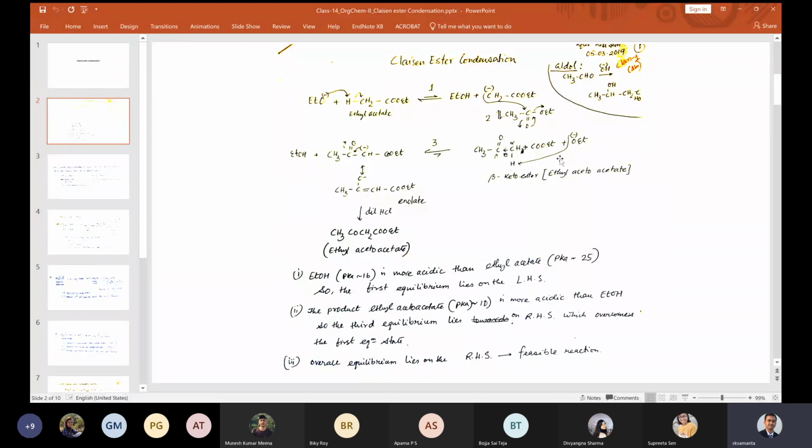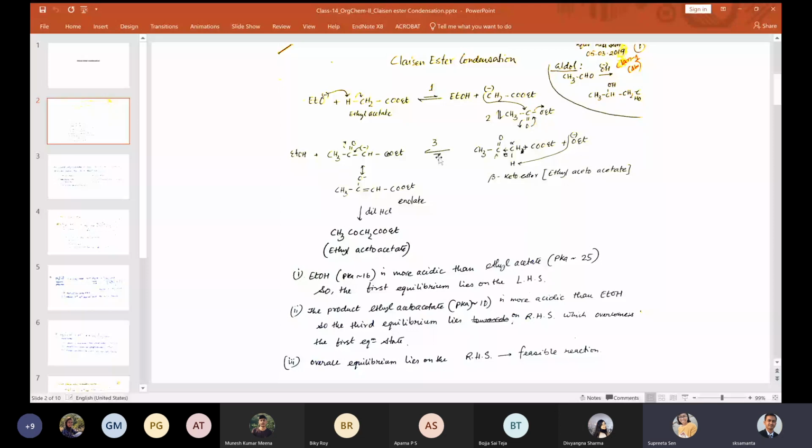The moment you form this one in the reaction medium, it immediately comes back here. In a majority of situations, this immediately comes back here. So a little bit of what it generates here, it quickly converts into here, because this is reversible, and then it quickly comes back here. That is how this reaction comes back here. That is the significance, and that is how you can understand the meaning of this overall equilibrium leading this reaction towards product formation. Is it clear?